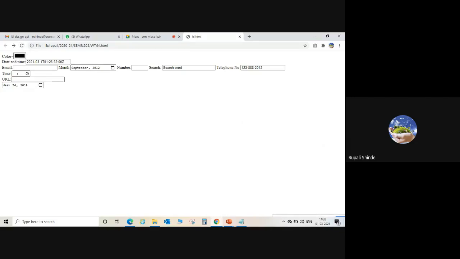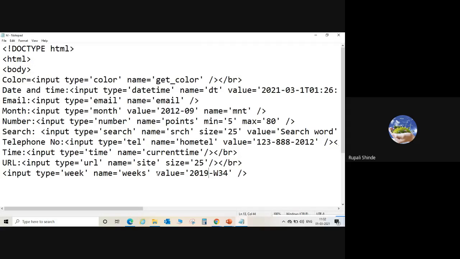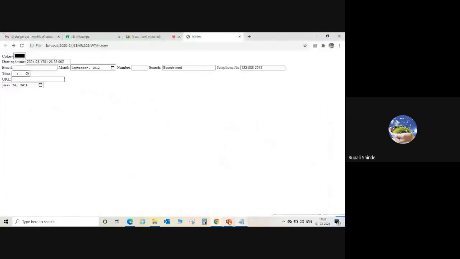What happens if we do not include the value? We are going to check which week it shows by default. Okay, it only shows the dots, and afterwards we can select the year.